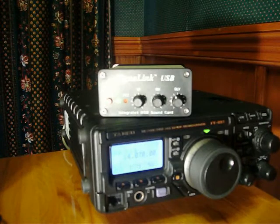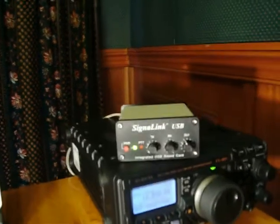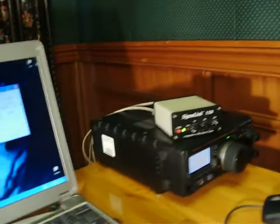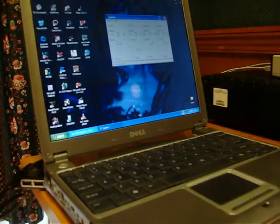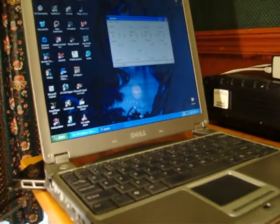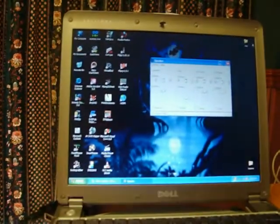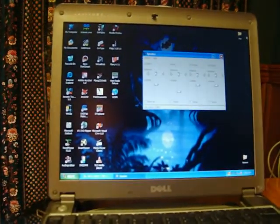Okay, now we're just going to take you to the back of the FT897. Excuse any jerkiness, I'm carrying a tripod around. Here's the other part of the digital station, the notebook PC. Oh, just something I did want to show you. It's pretty important. You probably can't see it very well, but if you have a look on the screen,